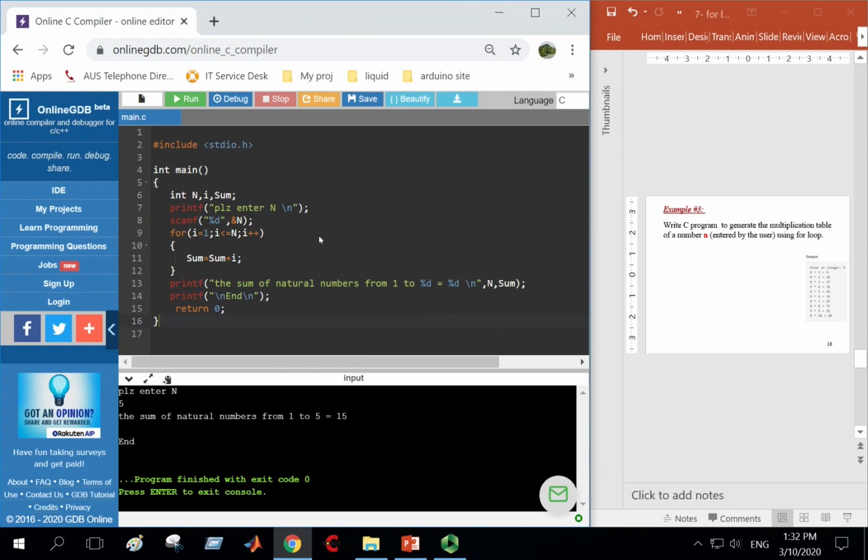I'll show you. Say we want to ask the user to enter the number. We need a counter, no need for the sum in this example, so let me delete the sum here. Print, please enter n, scan the number and save it in n. Then we have to start a loop for i equal to 1, until i reaches n, so i less than or equal to n, i plus plus,